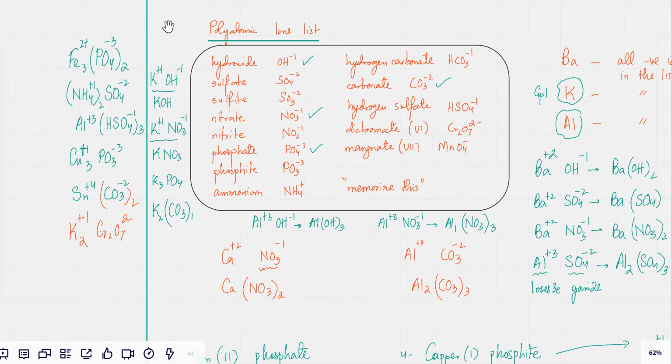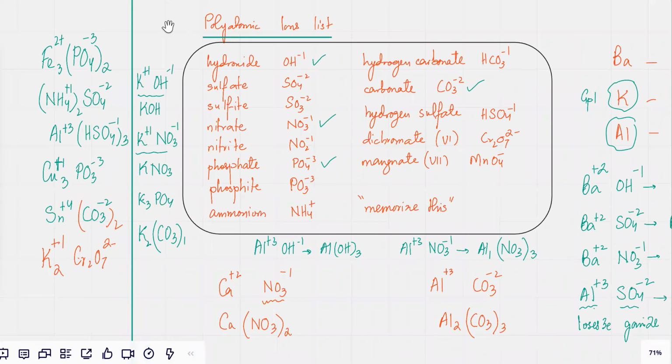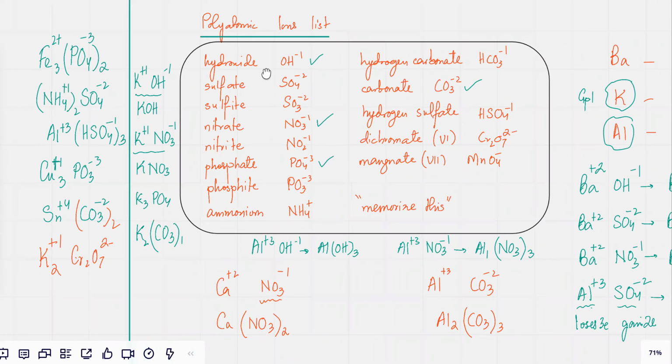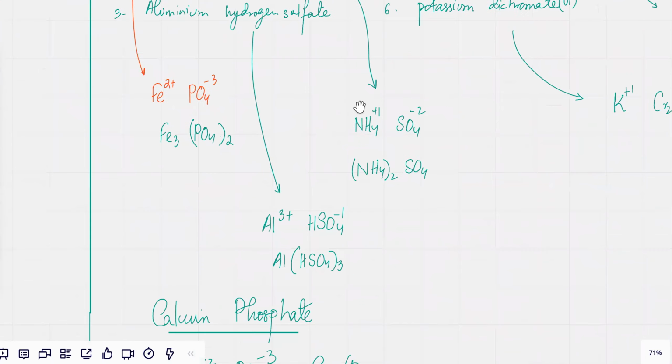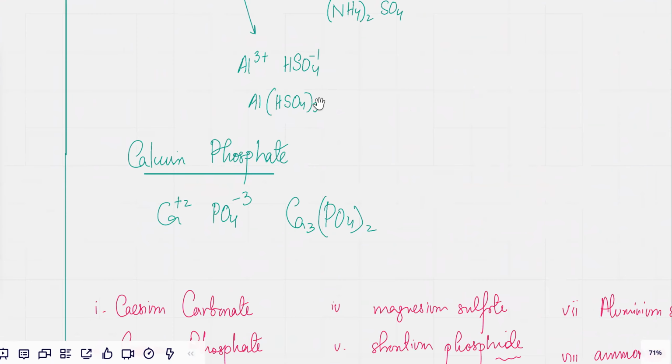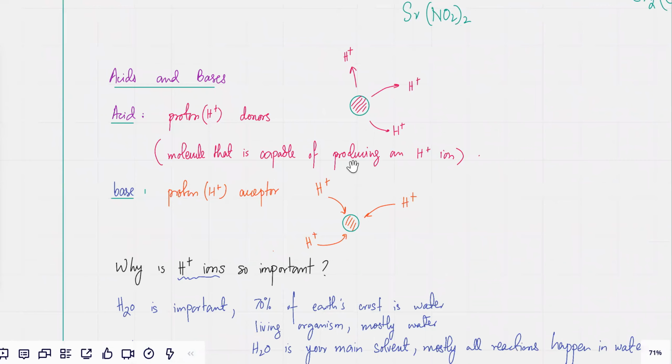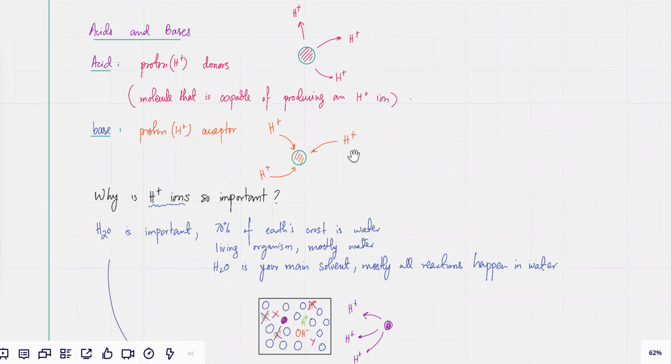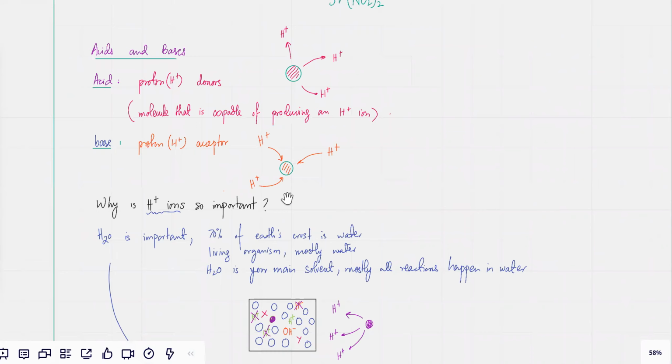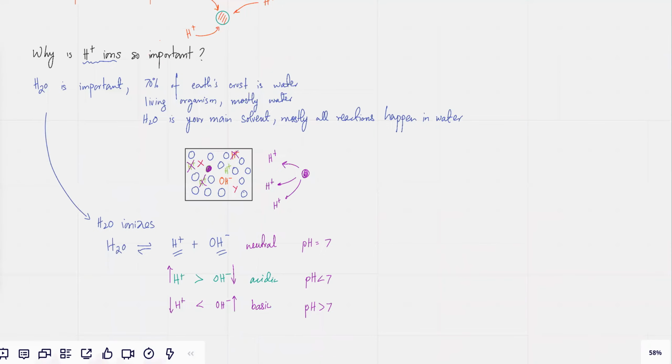We had discussed polyatomic ions, right? These polyatomic ions. And the thing is, we did formulas, right? That was, I think, the last thing that we were doing, formulas, and we had started to talk about acids and bases, right? So we had started talking about them,